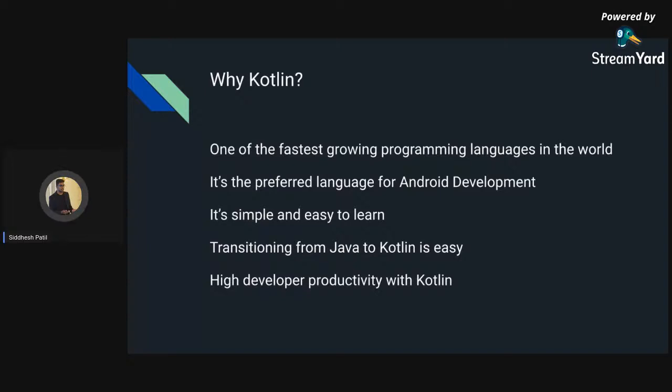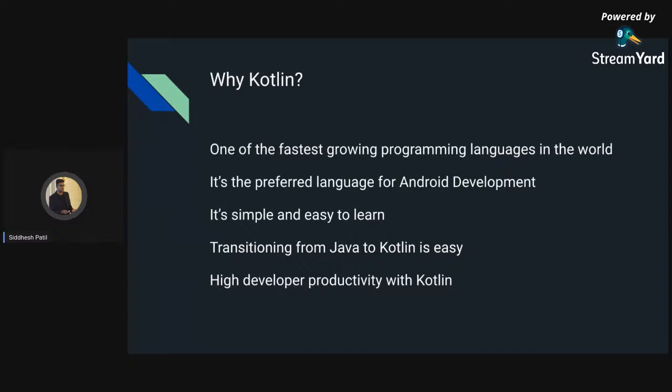Cool. So let's start with the topic for today, and I'll start with something very simple and ask a question: why Kotlin, right? Why should you consider Kotlin? Why should you be concerned with this language, and why should you prefer Kotlin in the first place? Kotlin is first and foremost a preferred language for Android development. It is one of the fastest growing programming languages. It has taken over other languages like Scala and Clojure, and it is growing much faster than those.